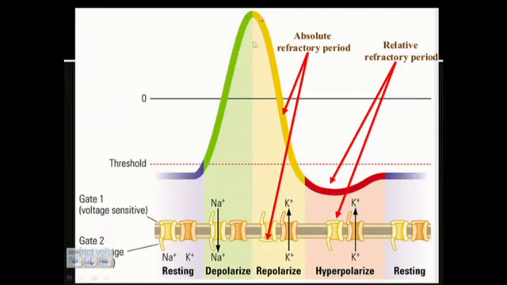Okay, so now if you want to think about what's actually going on at the ion level while an action potential is occurring. You have to have an influx, or a depolarization as a result of an influx, of sodium ions large enough to reach this threshold and generate an action potential. Once that happens, your sodium ions are going in. Once that happens, you have this big surge